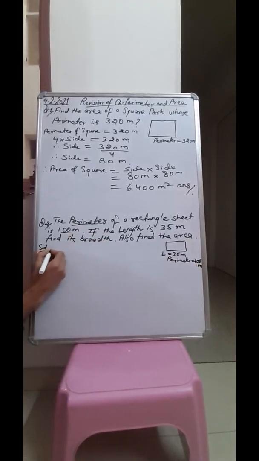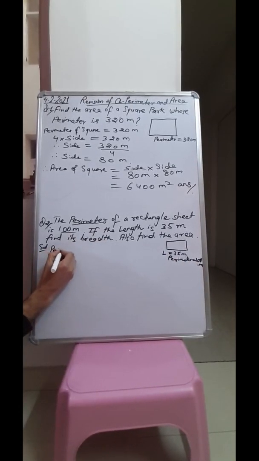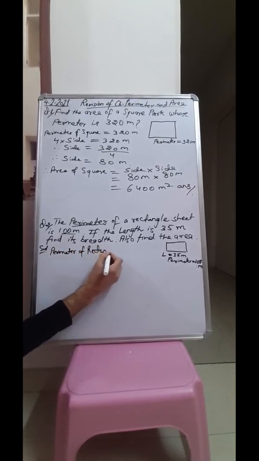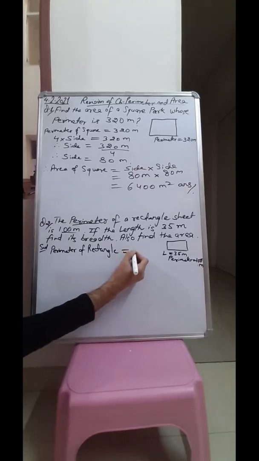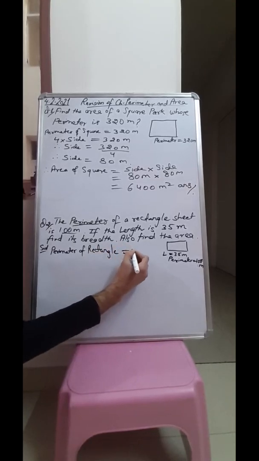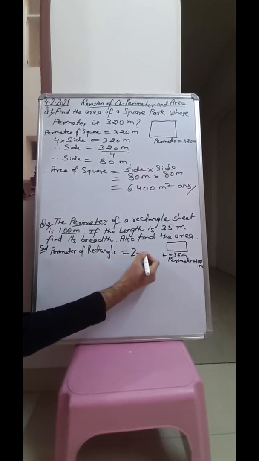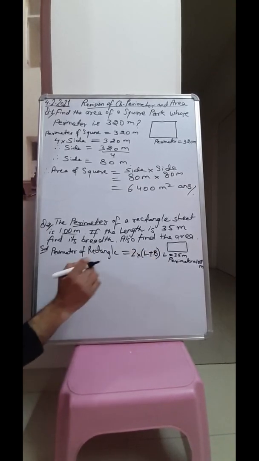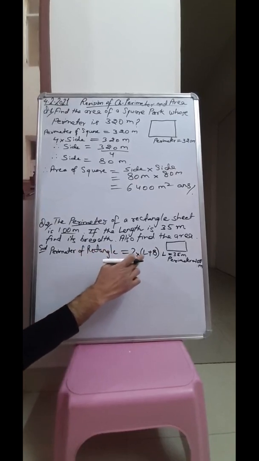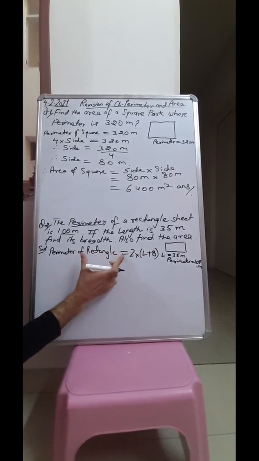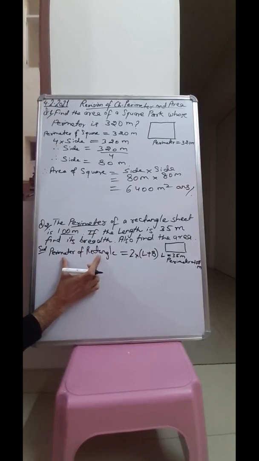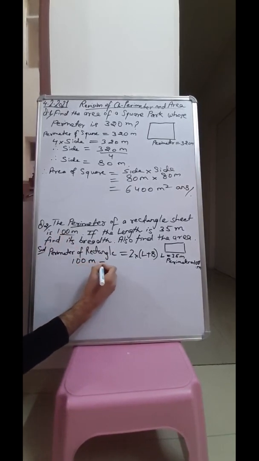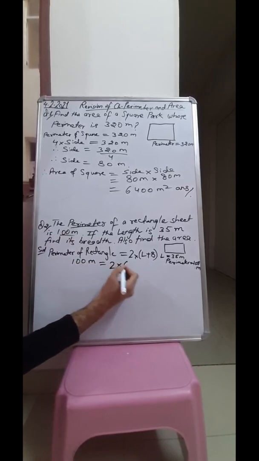So now using the formula of perimeter of rectangle, the formula of perimeter of rectangle is 2 multiply L plus B. This is the formula of perimeter of rectangle, equal to 2 multiply L plus B. In the perimeter of rectangle we can write it as 100 meter equal to 2 multiply L,